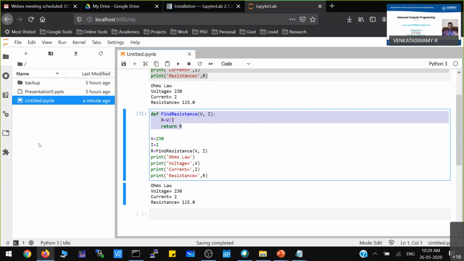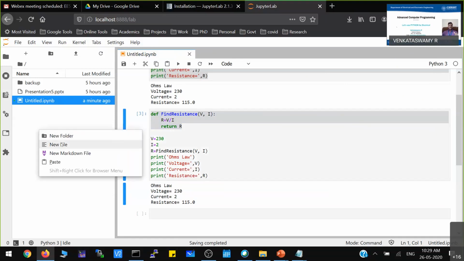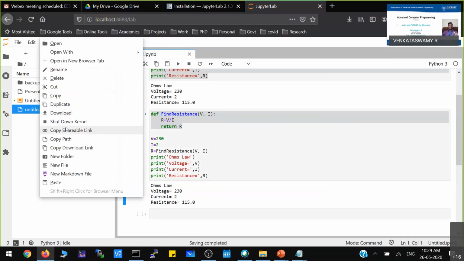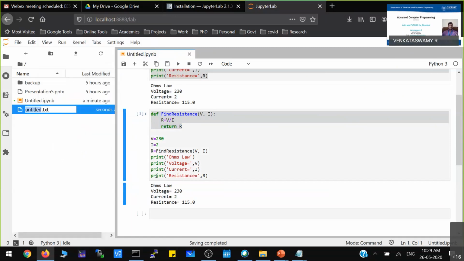Say, for example, I am creating one file here now. I am renaming that file, and it has to be a Python file. So I am giving the name DC circuit library, and you just have to remember this name: DC circuit library.py.